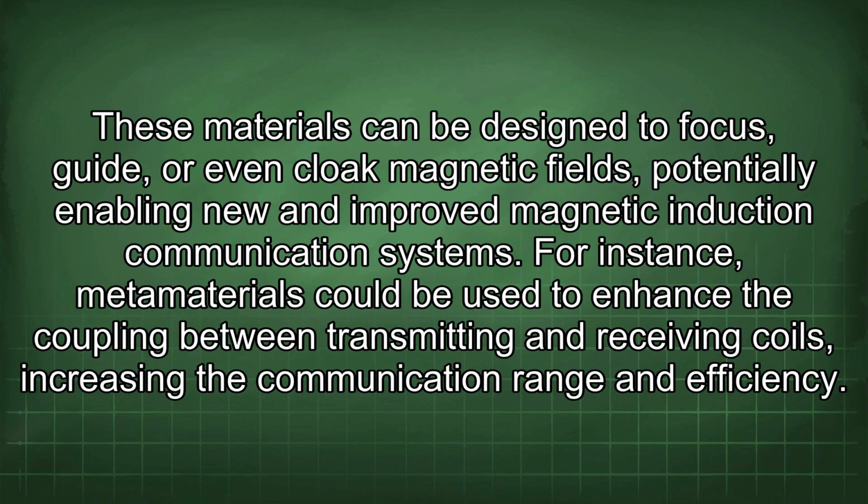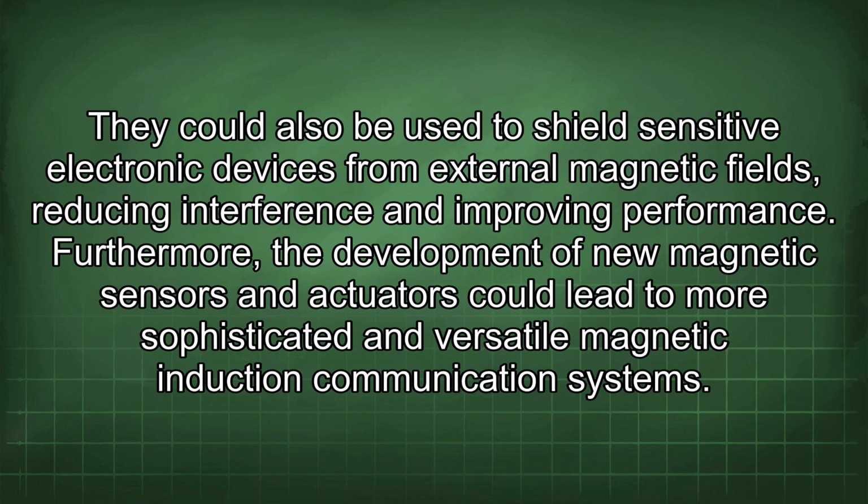These materials can be designed to focus, guide, or even cloak magnetic fields, potentially enabling new and improved magnetic induction communication systems. For instance, metamaterials could be used to enhance the coupling between transmitting and receiving coils, increasing the communication range and efficiency. They could also be used to shield sensitive electronic devices from external magnetic fields, reducing interference and